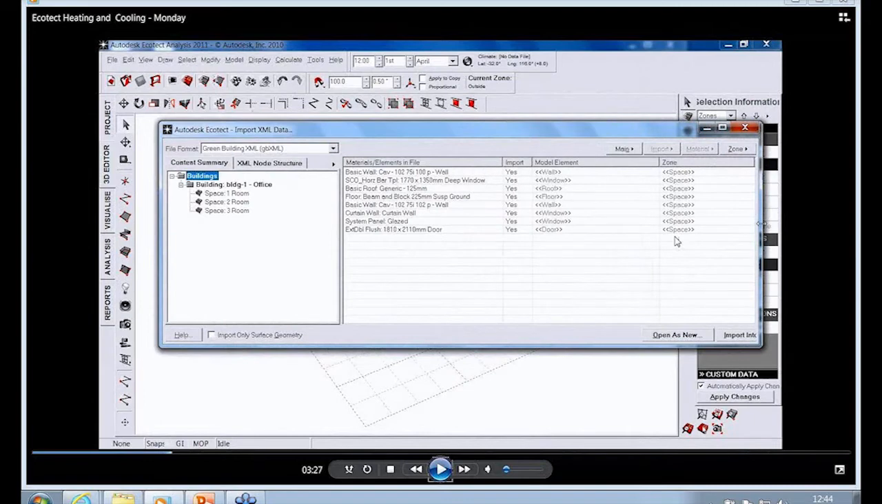So just a little tip for you at this point. We have here a list of the elements that have been imported in from Revit, and here the model elements that Ecotect is going to use to convert. So if a descriptive word appears within the type within Revit, i.e. if the word wall or window or door actually appears within the Revit type,